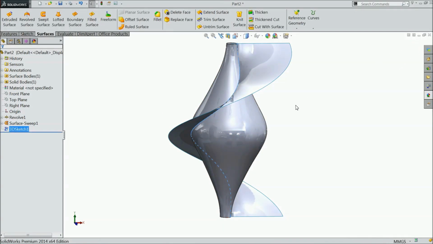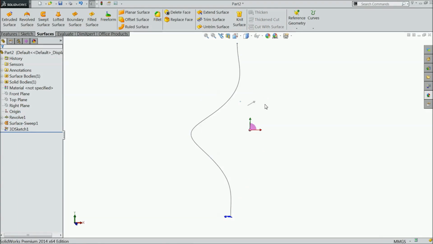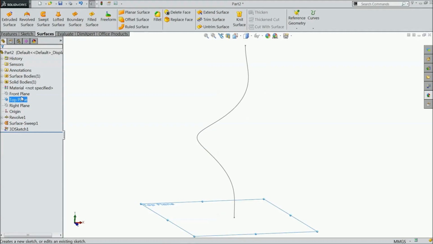Just exit from the sketch, select this, hide and select this body, hide. Now this is our 3D sketch ready. Now choose top plane, sketch,